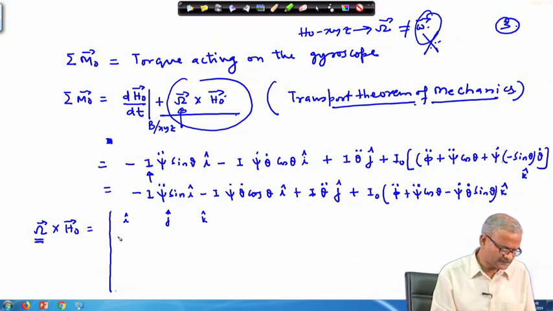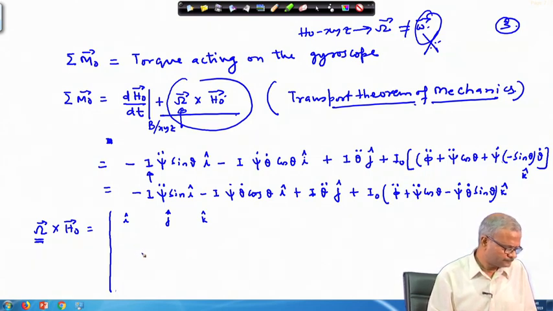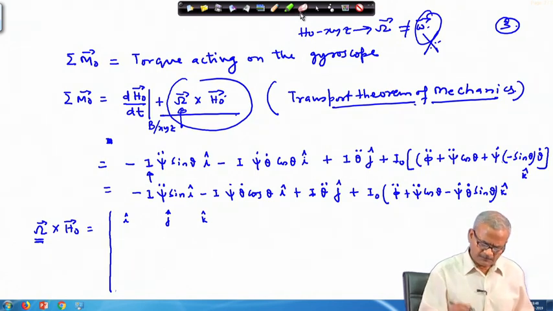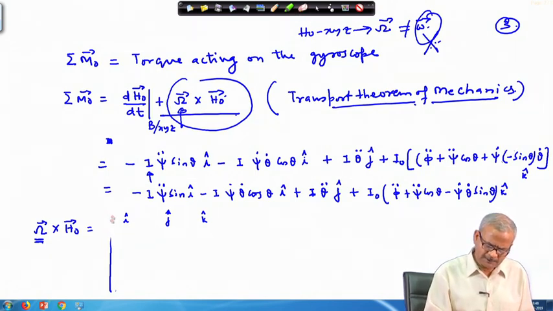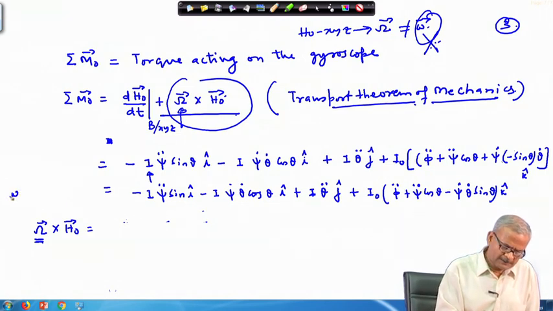So, in the x direction, that component is psi dot sin theta. Okay. We will do one more shortcut, rather than doing this, this will also be expensive. Okay. So, already we are aware of that omega tilde cross, this indicates